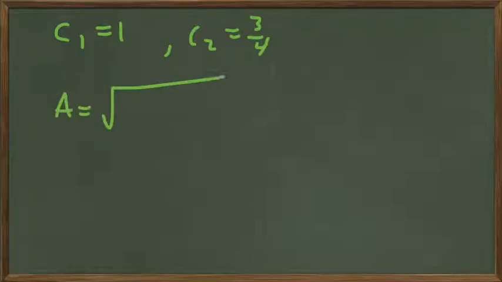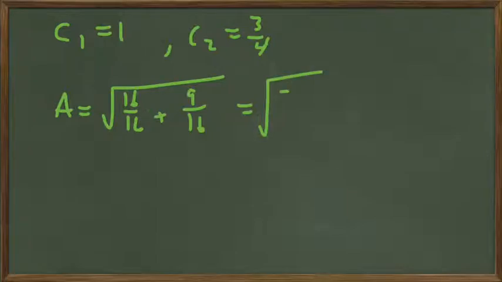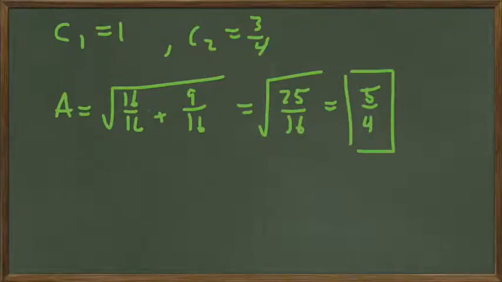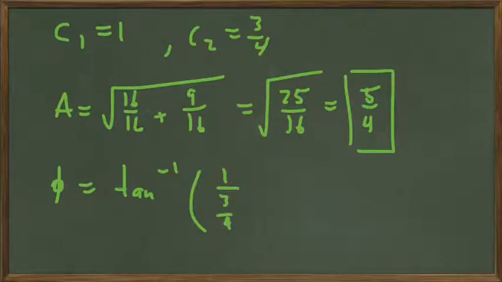A equals the square root of 1 squared plus 9/16, which is the square root of 25/16, which is 5/4, and phi is tangent inverse of 1 divided by 3/4, which is tangent inverse of 4/3,